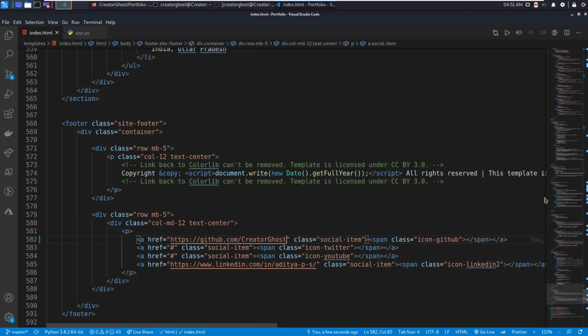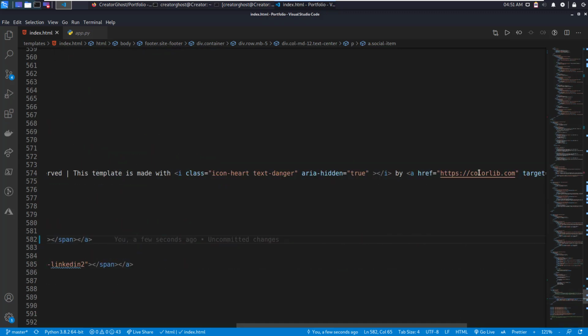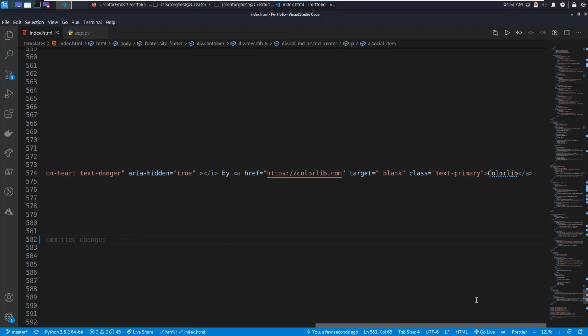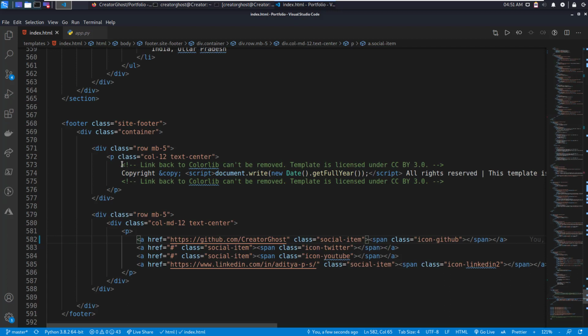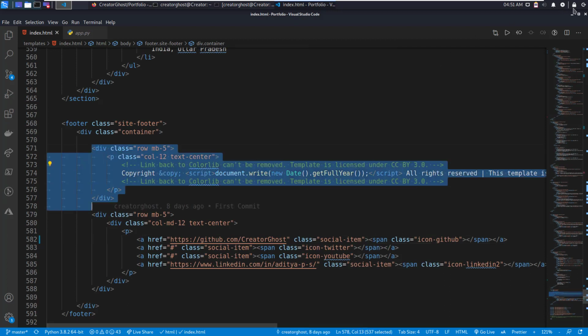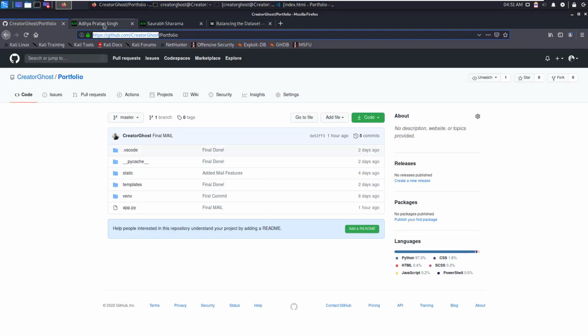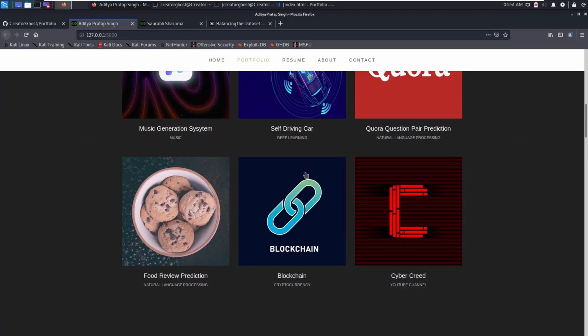Just make sure this template is not made by me, this is made by someone from ColorLib, so I am giving them attribution. That is the reason why I am not going to remove this copyright line, but if you want you can remove this link, and then you won't see it at the very bottom.